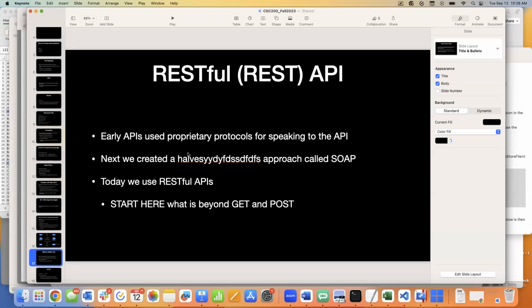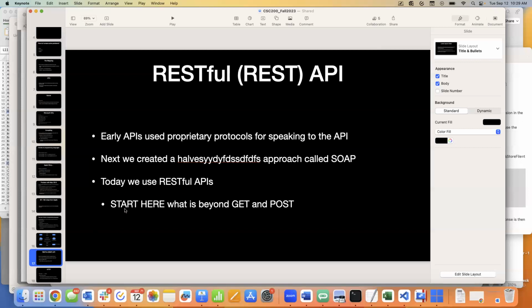And the irony here is when we talk about RESTful APIs, they're not as new anymore. They've been around for several years now, but they're the current, let's say, standard for how APIs speak. But when they first came out, and even still today, they're considered the new cool kid for talking to APIs. They follow this REST or RESTful standard.